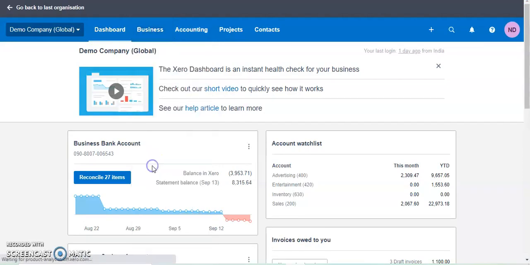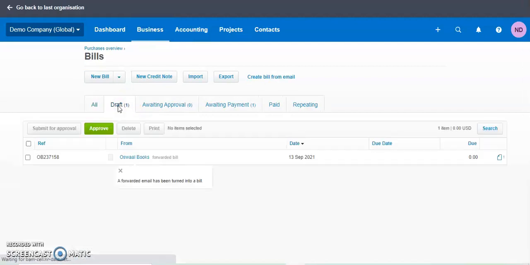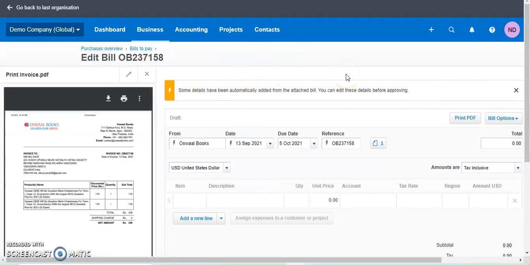So again we'll go to bills to pay, and now under the draft option you will find that there is one pop-up which is coming up, and this is the invoice that was sent from our email. So simply click on that invoice copy. Now this is the most beautiful feature of this trick, we can say.